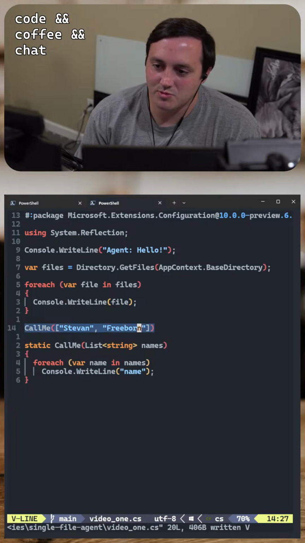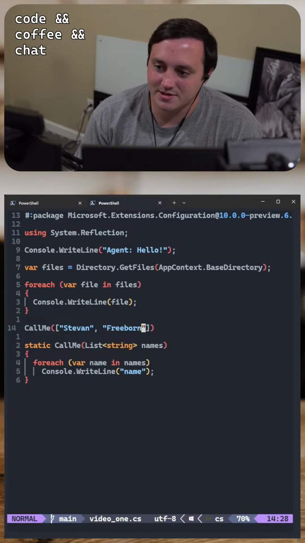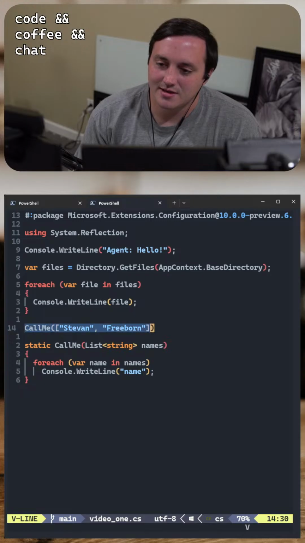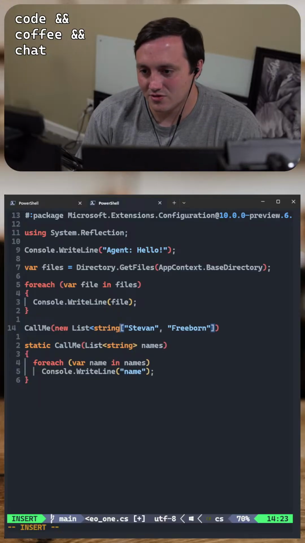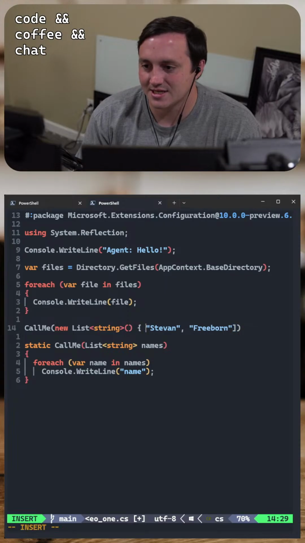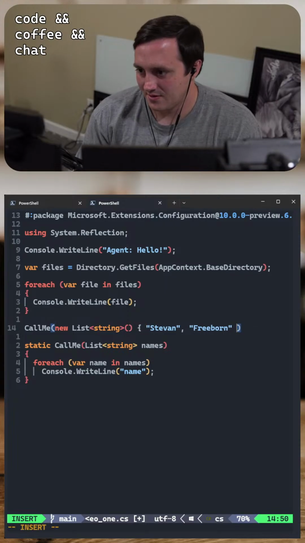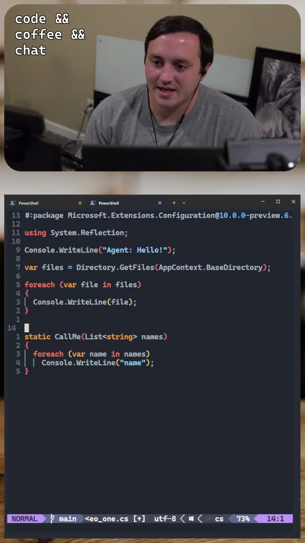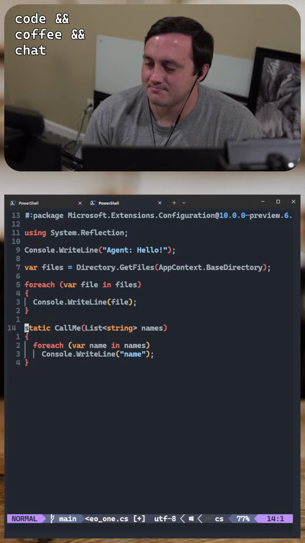This looks much more like JavaScript than it does C#, because in the past you would have had to say new list of string, right? You would have to do an initialization syntax like this, which is pretty cool. They added that in, I think, C# 12.